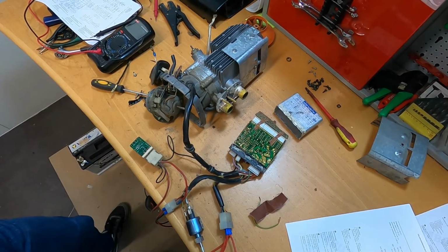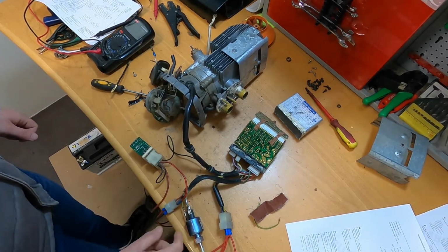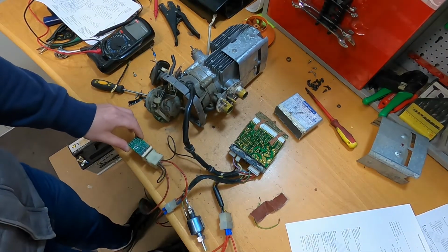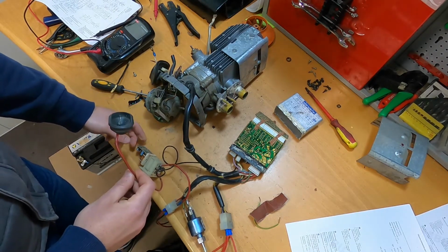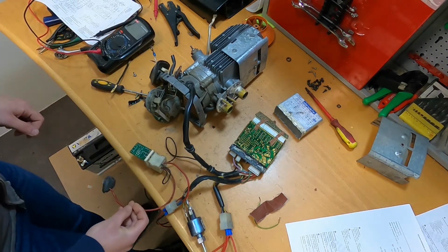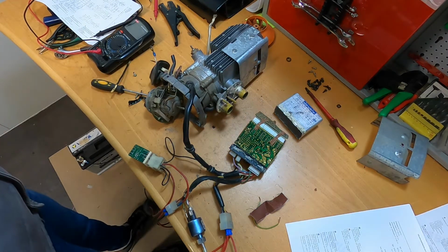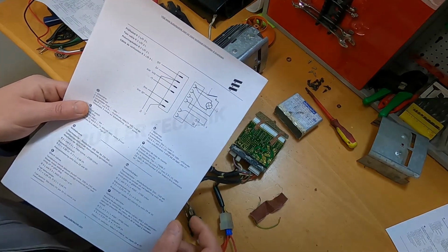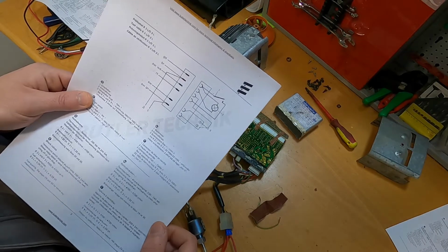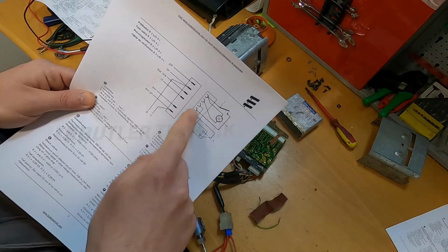Okay, so I went a little bit further with this unit, and I took everything apart, even the electronics. I put on a fuel pump. I also connected this relay, which should be connected to the glow plug, but for now I just want to start it. I actually figured out that the unit has 2 speeds, or it should have, as it says here on this sheet. So there is a switch on,